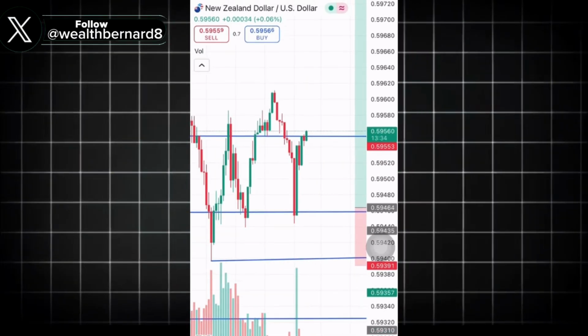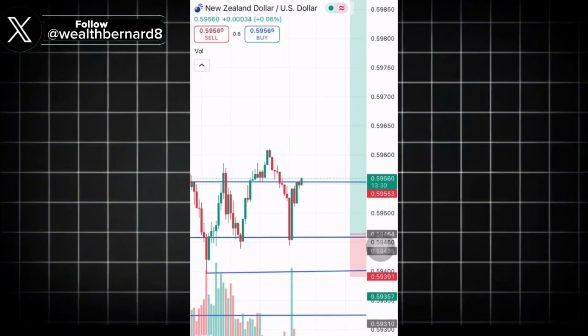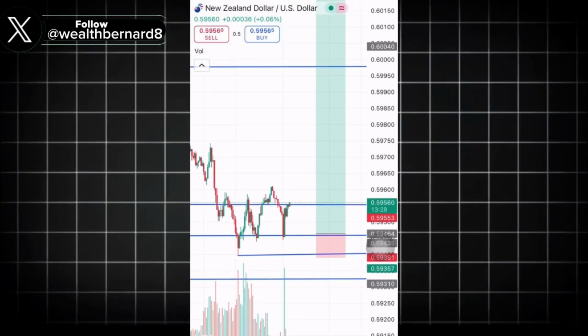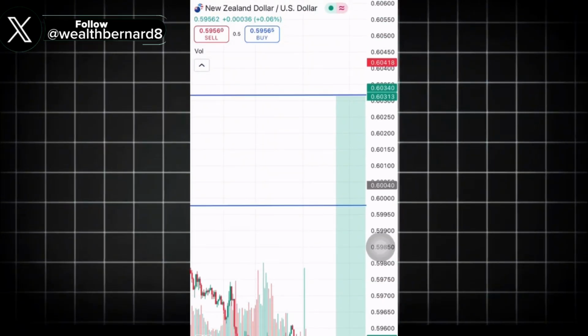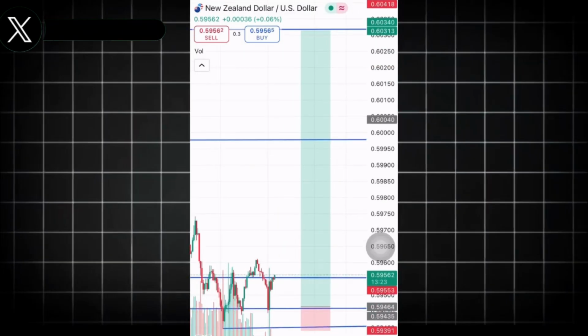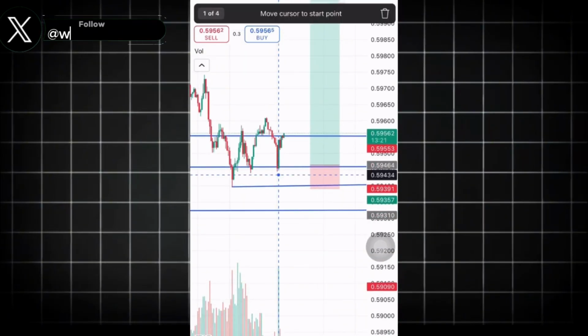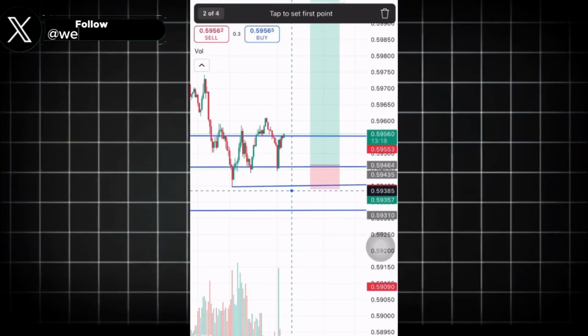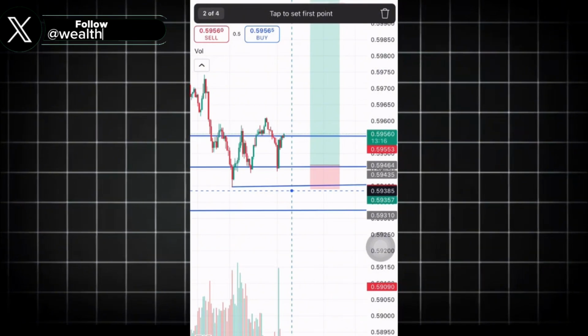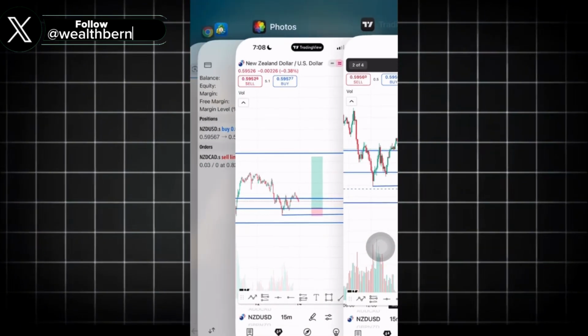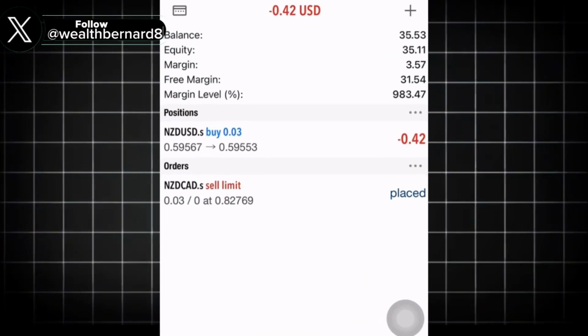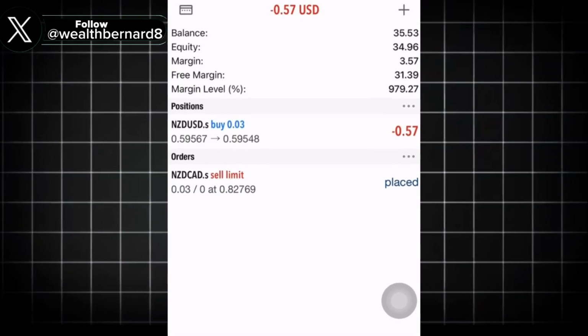So what I will have to do right now is to enter the trade via market order so that I can also follow the trade and also get to hit either first or second TP. So looking right here, my stop loss, I'll choose this arrow right here, 0.59385. So coming right here on my MetaTrader 5, there are two ways for you to place a trade on